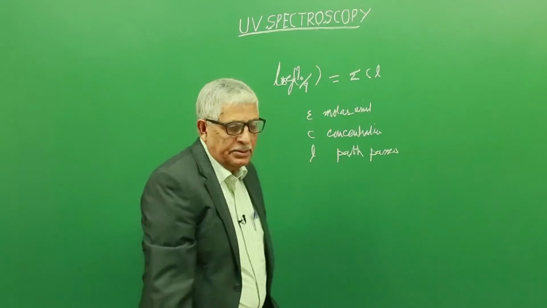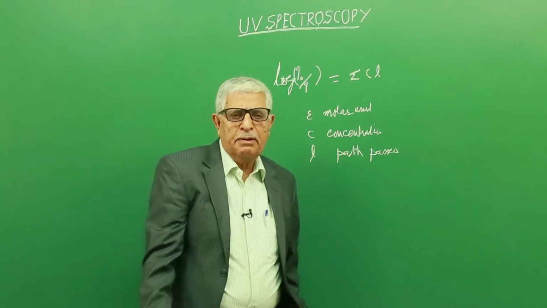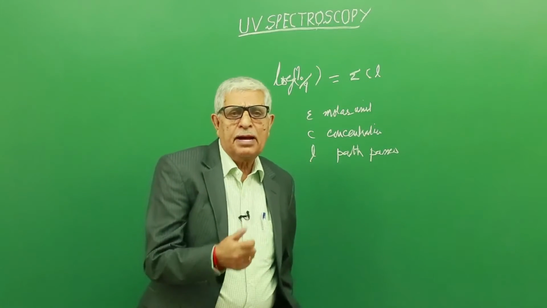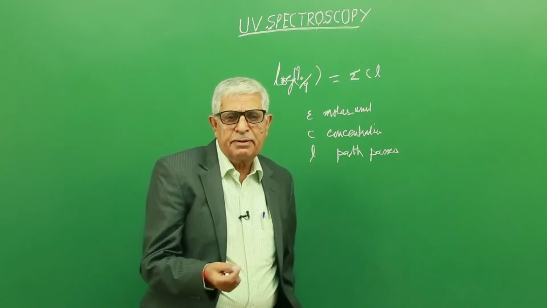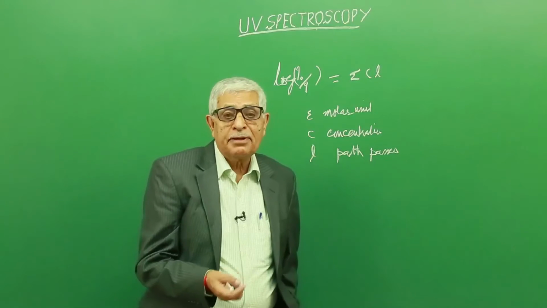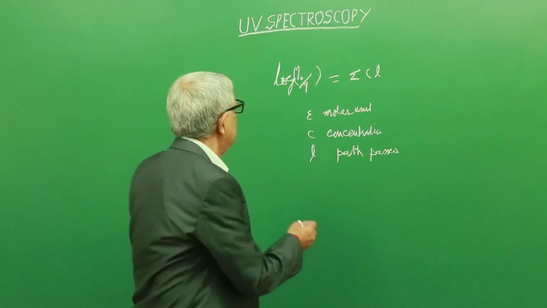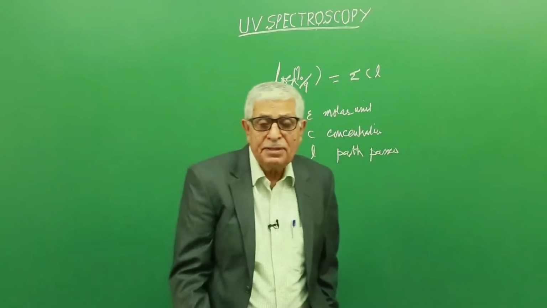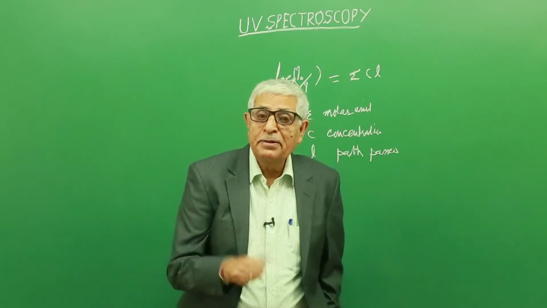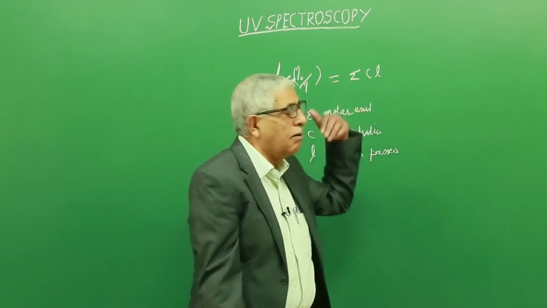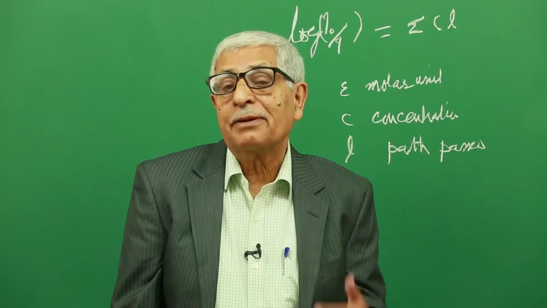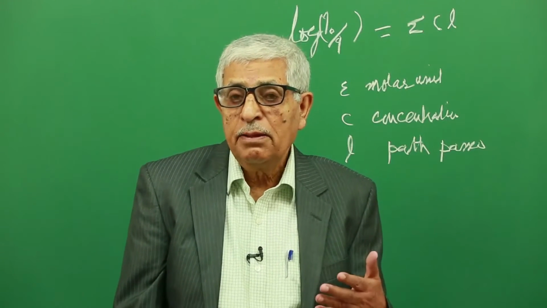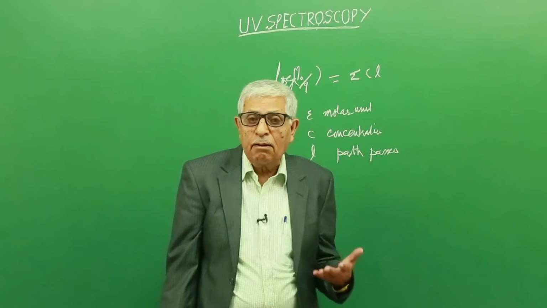It is epsilon. But this was absolutely okay under certain special conditions, fairly dilute, not very dilute, and the results were very good. But later on, they found there was variation in the Beer-Lambert law. It was observed that if the concentration goes very high, the refractive index changes, because this Beer-Lambert law obeys only when the refractive index of the medium, the solution, is constant. When the concentration goes very high, the Beer-Lambert law does not hold good.